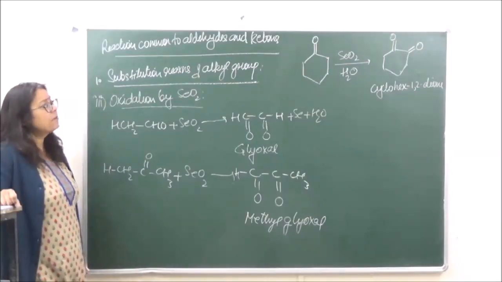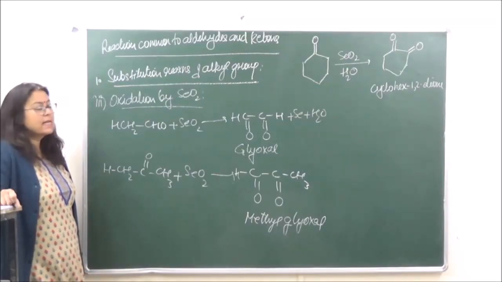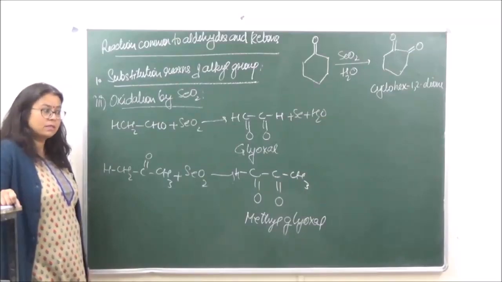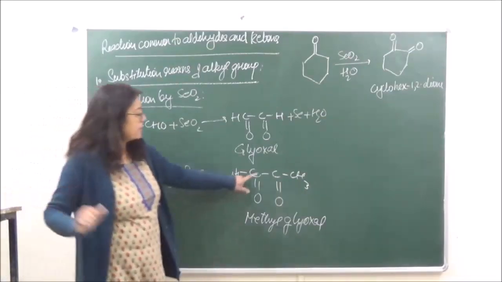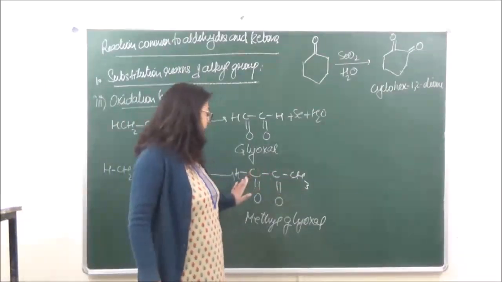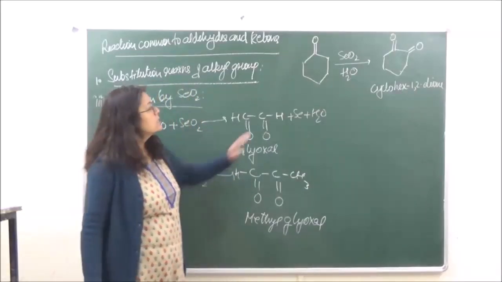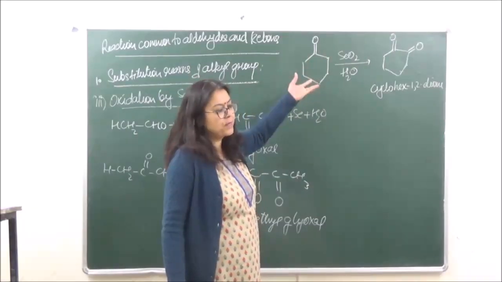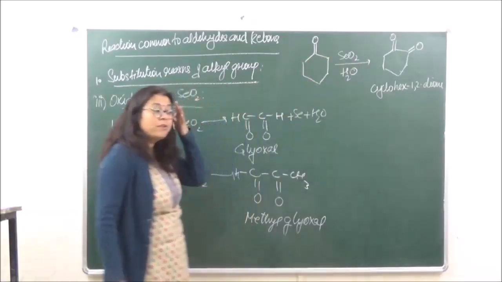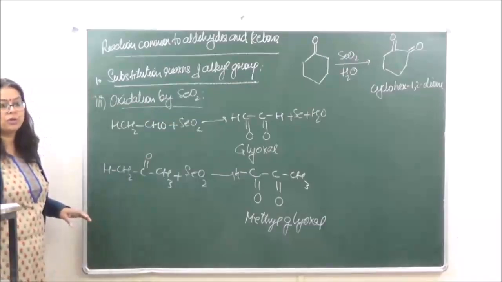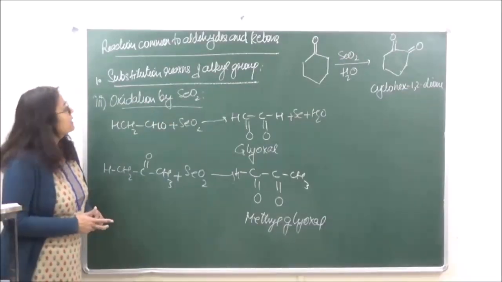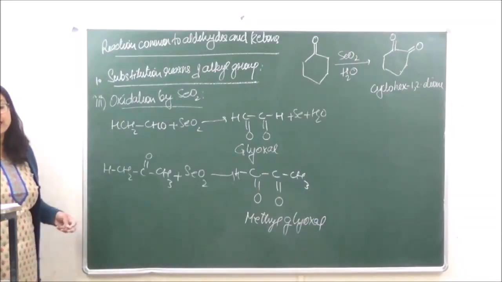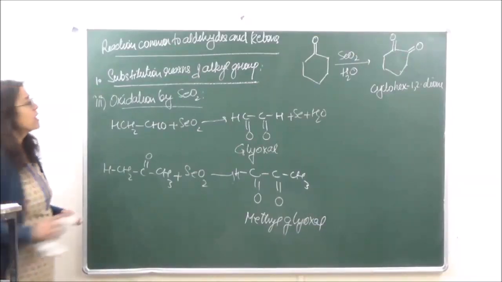It is the alpha carbon atom which is getting oxidized, and C double bond O is going to be present at the alpha carbon atom. Okay? So here, whether you put C double bond O with this one or with that one, it is the same thing. Similarly, here, whether you put the double bond with this one or with that one, it is going to be the same thing. Because both are alpha, but only one of it is going to get oxidized, not both. Right? So these are the first type of reactions which we've done, substitution reactions of the alkyl group. Let's go on to the second type of reactions, reactions of the carbonyl group.